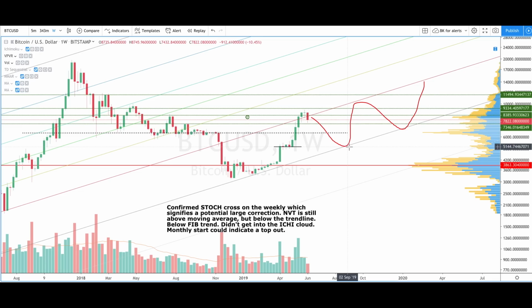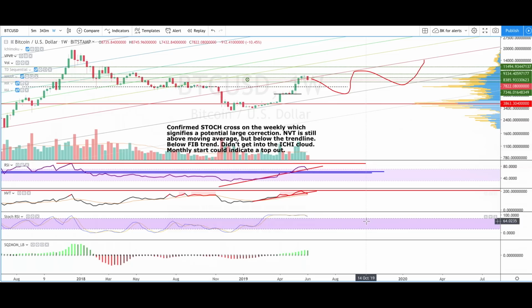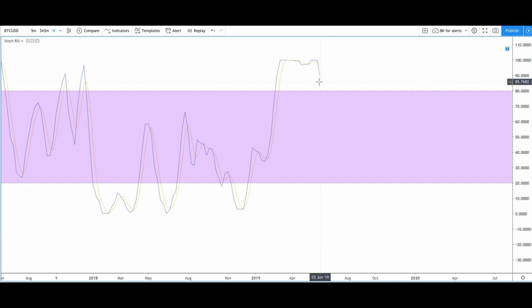5,000, somewhere in there. It's yet to be played out. This is the longer time frame. These are just some scenarios. But the thing that we should be looking at, and we've talked about before, is that we did have the stochastic weekly RSI dip down quite deep. It could still potentially correct back up, but we'd have to have a significant move up to get that back